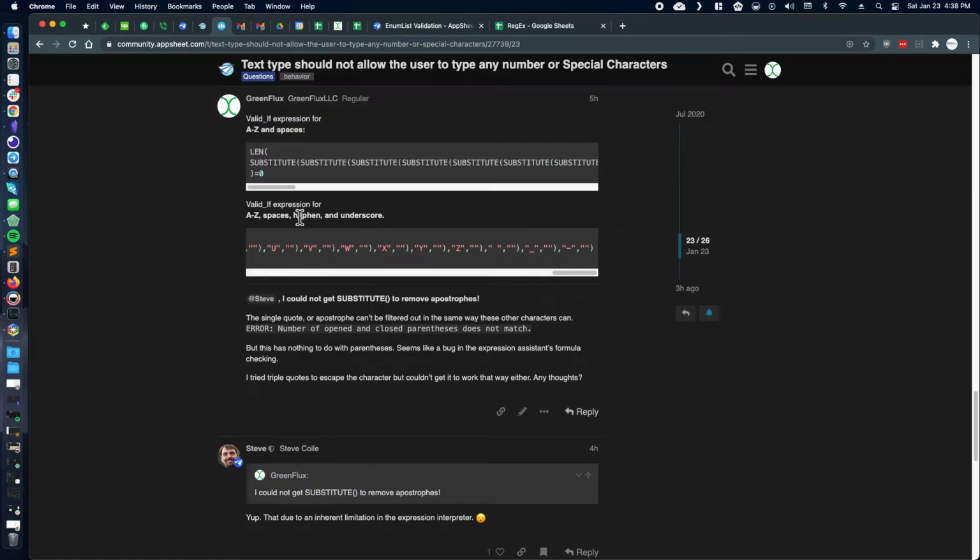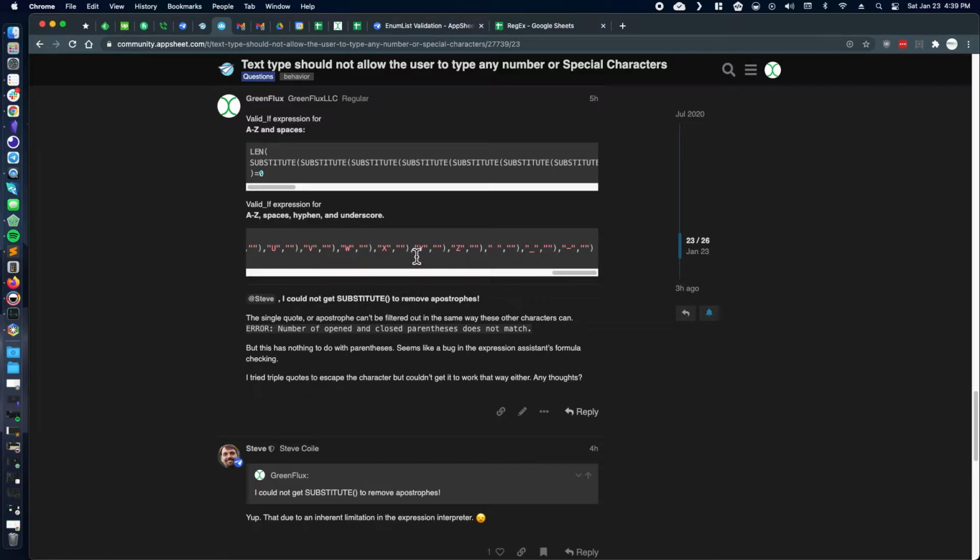And then to do hyphens and underscores, that's pretty easy. We just added that off to the end here. But I couldn't get apostrophes. The editor won't let you type an apostrophe as the character you're trying to filter out. It interprets that as starting a text string, and then it cancels out all this stuff and thinks it's text, and there's just no way to do it. So the substitute method won't work in order to validate text when you want to allow an apostrophe but not